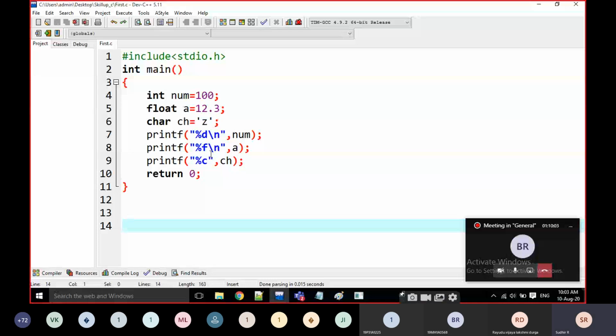Just maintain one notes, and what I am teaching here, just note down on the notes. What is the basic structure of C program, what are the core data types, how I am going to write the printf statement, what are the access specifiers, what is the size of the data types, and write the main program.